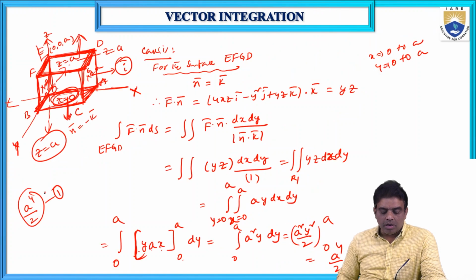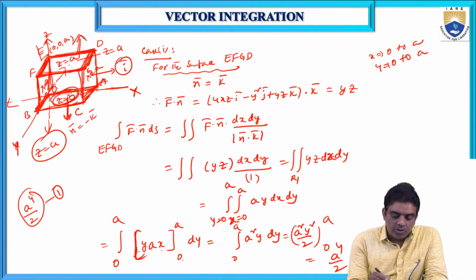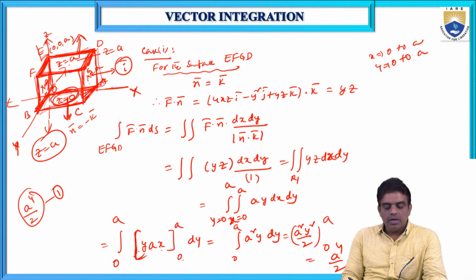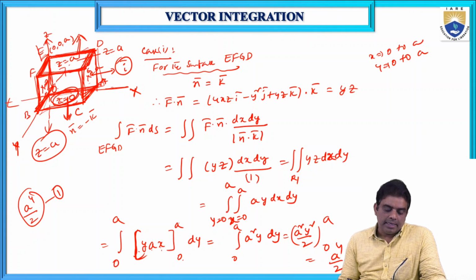The equation of this plane. So this is already z is equal to a, z is equal to 0 over, and x is equal to a, x is equal to 0 also over. Now I want to show that